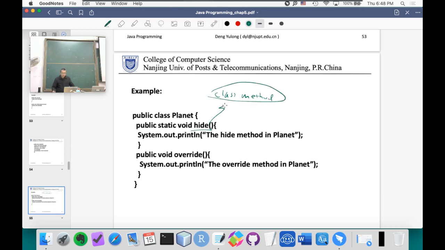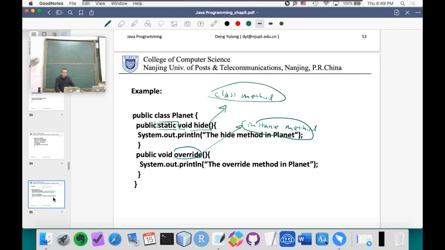This hide is a class method because it has the static keyword before its return type. But this method override is an instance method. So we have two different kinds of methods inside the Planet class, and then we will